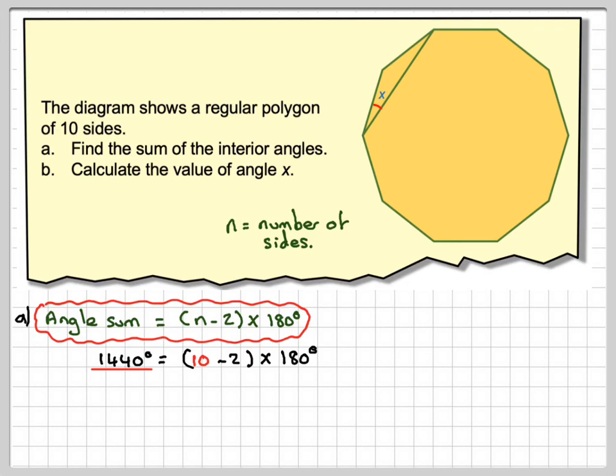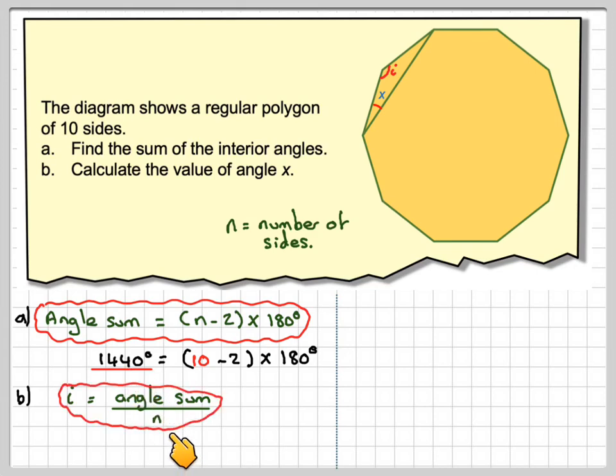Right, in order to find the angle x, I'm going to find this angle here first, which I'm going to call I, which is one interior angle for this decagon. So I will be the angle sum, which I just calculated, divided by the number of sides. This is only true for a regular polygon, which we do have in this case. So it's going to be 1440 divided by 10. So it's going to give me that I is equal to